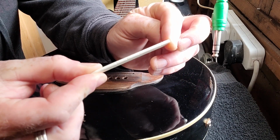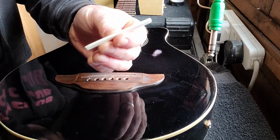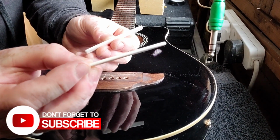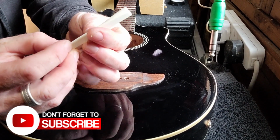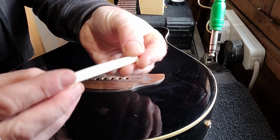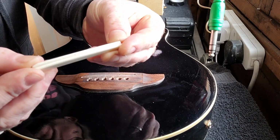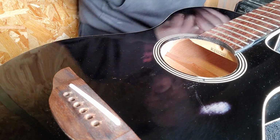This is the old bridge, and as you can see, it's got notches in it now. So I'm just going to show you how I do this. Hopefully it's helpful for you. I haven't noticed any change in tone or playability or anything, but I have noticed that I'm not breaking strings anymore. 5 gigs back to back, and I didn't break a string until you saw that A string break